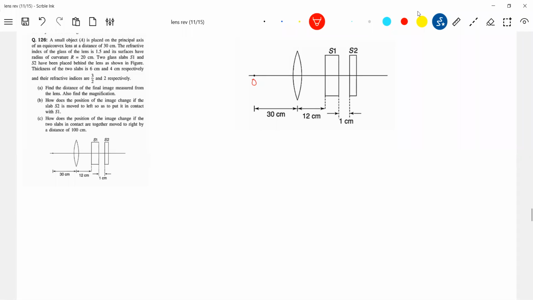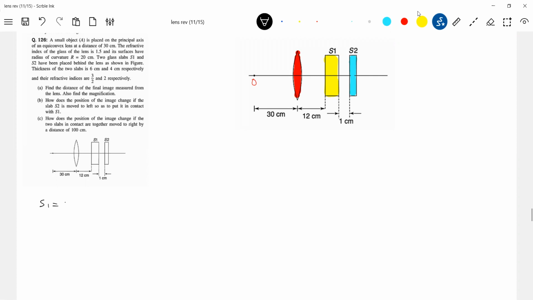Okay, let's do one thing. What are these two slabs there for? Their duty is only to produce a shift, nothing else. Will they produce any magnification? Nothing. There won't be any magnification. There is a lens and two slabs. Get into the problem, read the question carefully. What is the duty of the slabs? Only to produce a shift, no? So we'll calculate the shift.